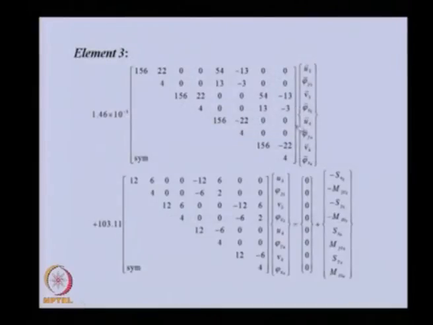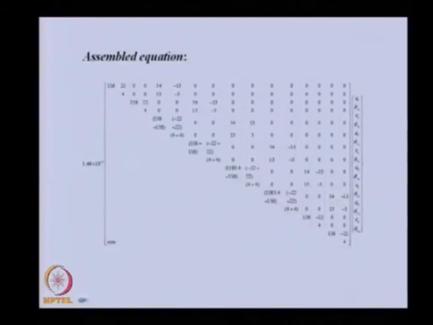Element 3 is identical to element 1, in which there is no disk. The only change is in the field variables. Here, corresponding to nodes 3 and 4, field variables in the horizontal and vertical directions will be there. There is no external force here, because we have considered the disk in element 2. Now these 3 elements can be added. If we add them, this is just an illustration. You may not be able to see the various numbers, but this is the mass matrix for the whole 3 elements. It will give an indication of how large the matrix will be if we assemble it.